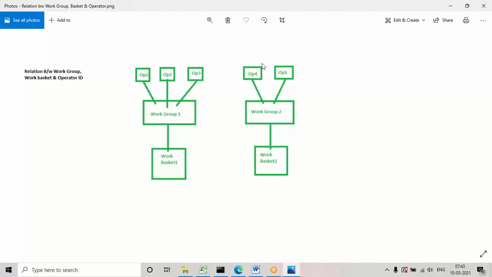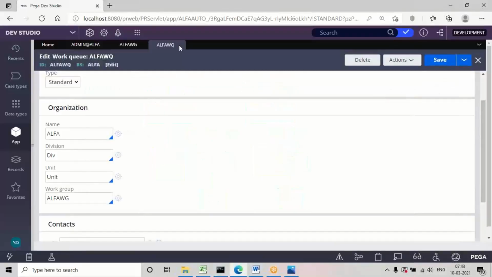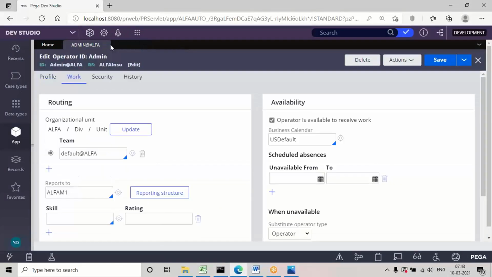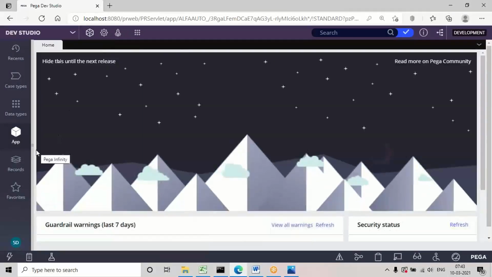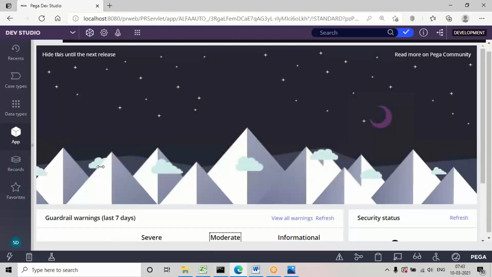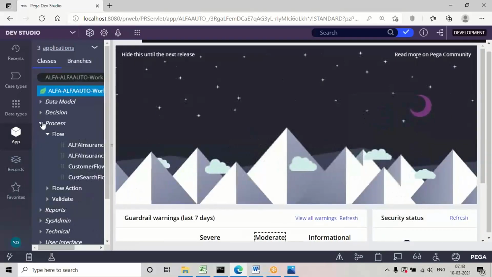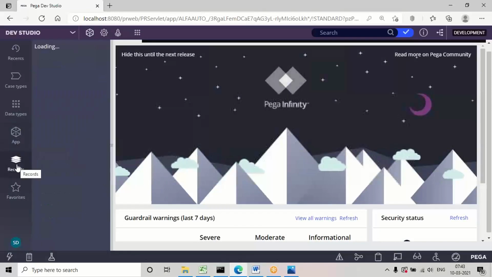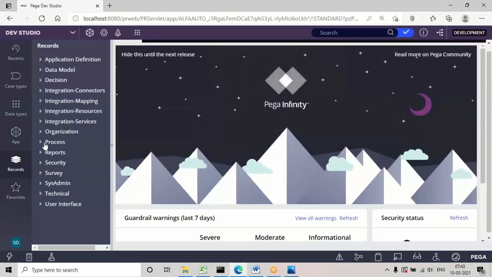Now we have to give the operator relation. See, if you want to open your operator IDs, you cannot open them from App Explorer. Okay, any operator IDs created, if you want to open them, go to Records Explorer, because organization rules you cannot open from App Explorer. Go to Records. See, operator ID is a rule, right, which comes under the organization category.